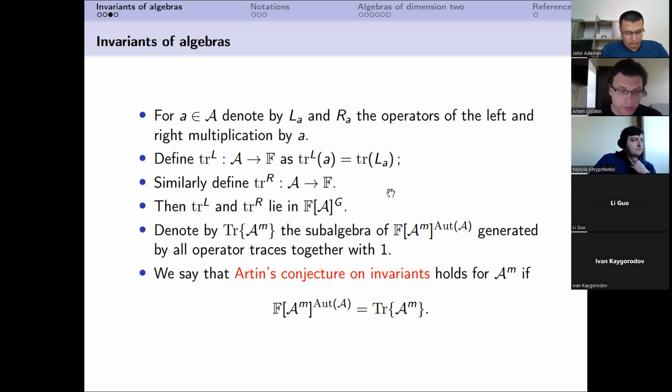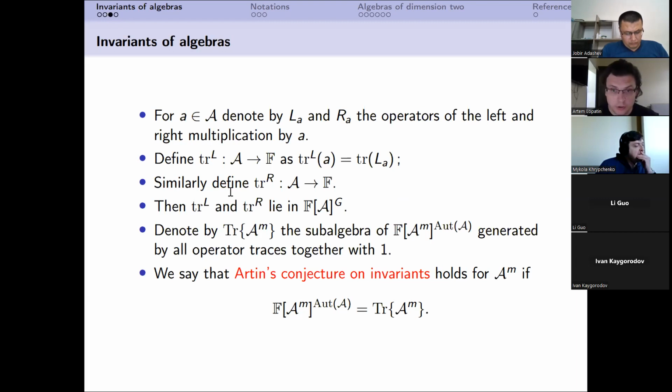So we have matrices. We have matrix algebra with multiplication, with conjugation by invertible matrices, and so the question was what are invariants, and Artin conjectured that they are traces. Yes, and then by Procesi and independently by Sibirskii, later it was proven that that is true. And then matrices is a simple algebra, and traces are here the same as operator traces.